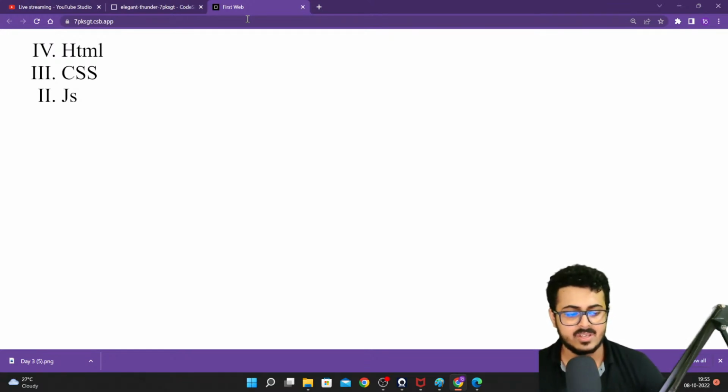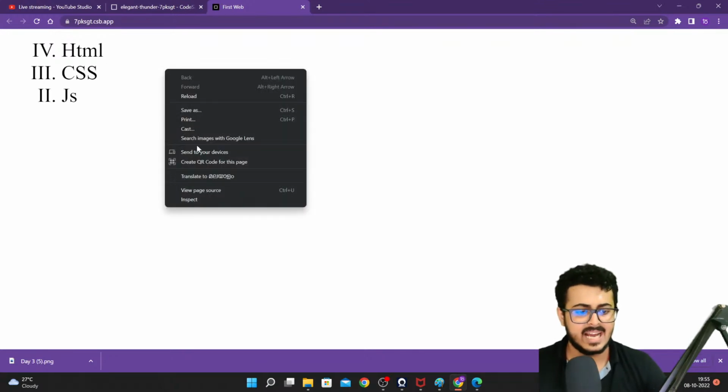Nothing changes right over here. So why are we using this HTML or this head tag or the body tag? Why are we doing that? If you do a right click and go to inspect,